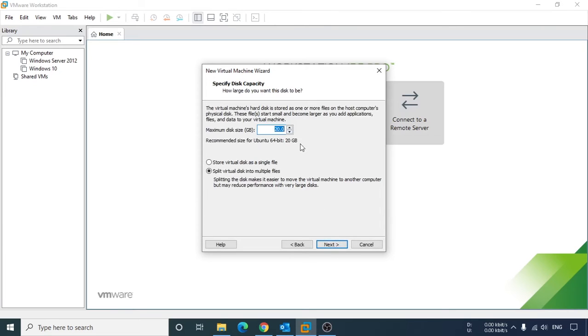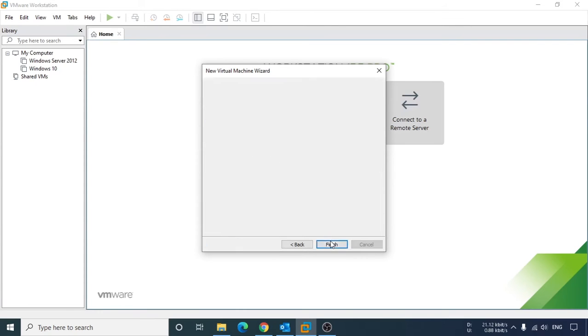By default there is a default disk size, but I have edited it and I require 40 GB, so I set the size to 40 GB and selected store virtual disk as a single file. Then click on Next.